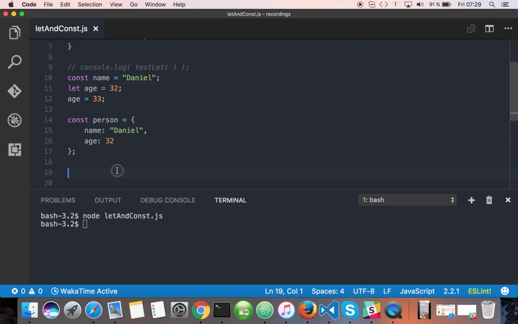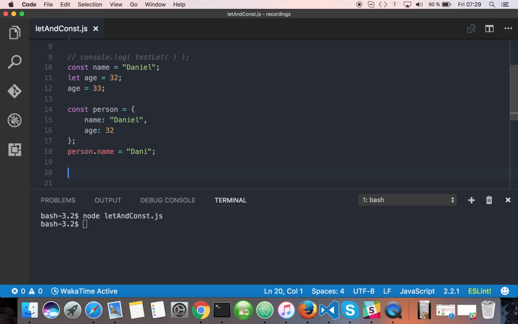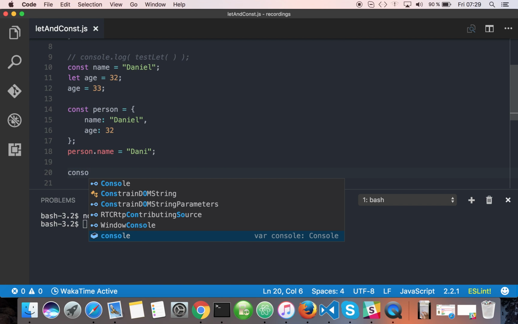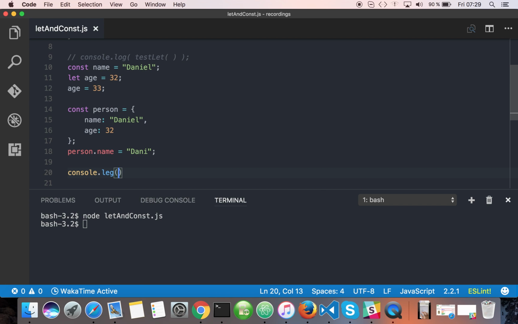It's really important to know that you can change the properties inside the object. So even if it's a constant, you can do something like person dot name equals Danny, and I'm gonna print console log this out so you guys can see the difference, that it was actually changed even if it's a constant. So it's really important to remember this. So I'm gonna console log